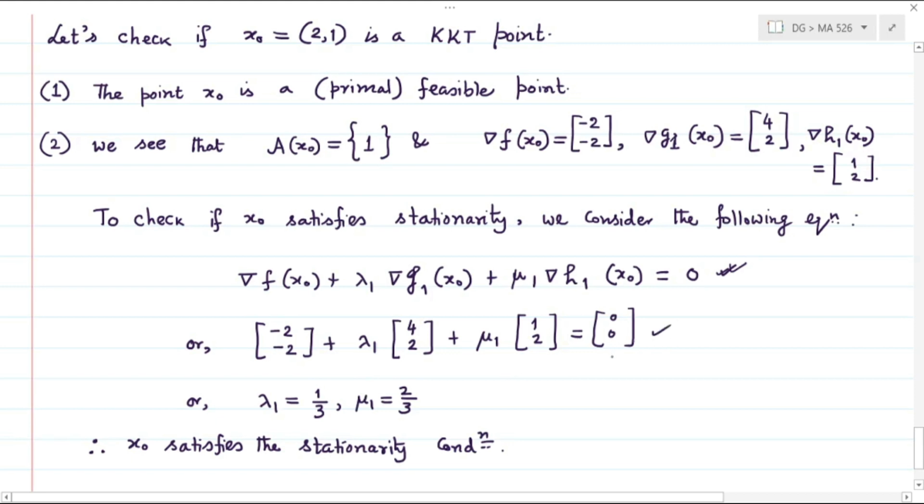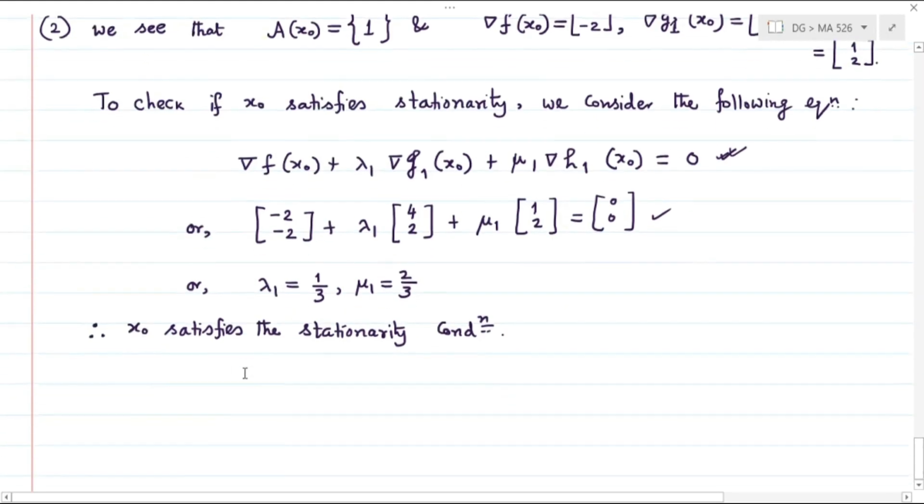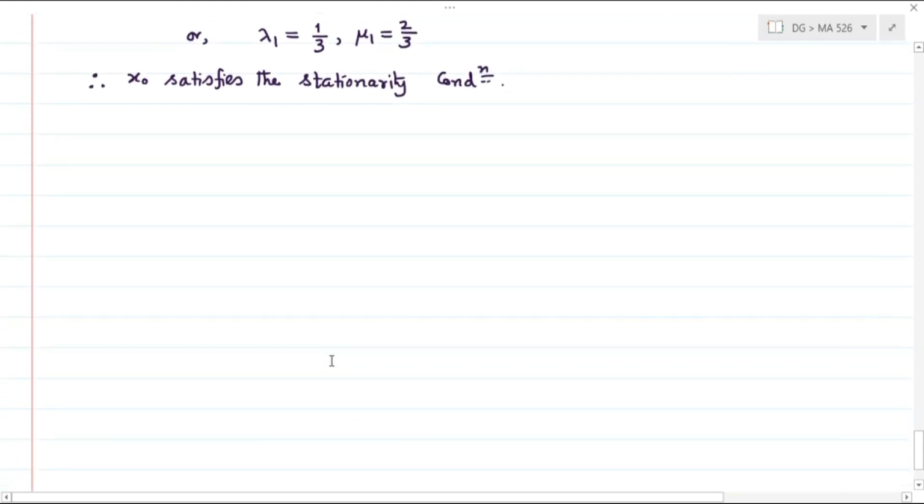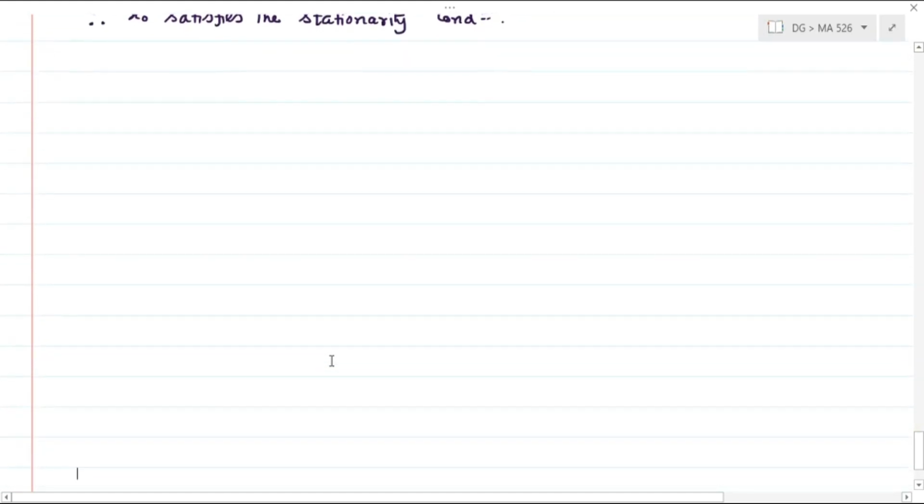What the KKT point requires you to check is that you find at least one lambda that is greater than or equal to 0 and satisfies the stationarity condition, dual feasibility, as well as complementary slackness. With this lambda 1, let us proceed and check complementary slackness, because this is trivially dual feasible,